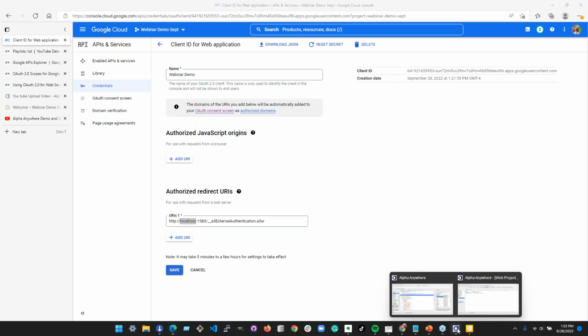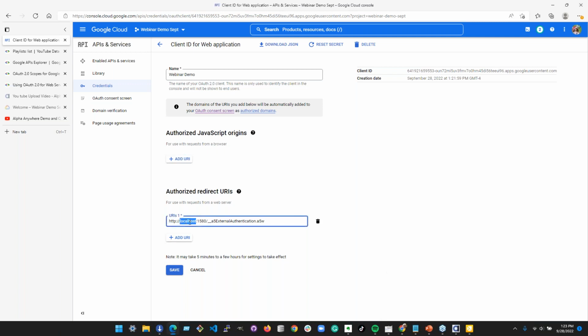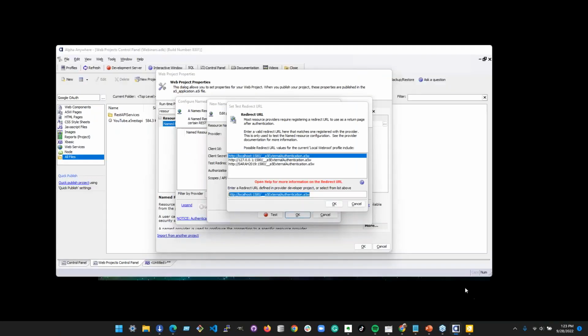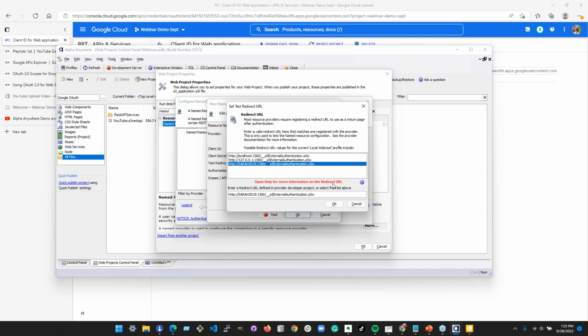Just as a point of interest, this says localhost. If you go back in here, there's one also that uses your machine name. We made a change in Alpha Anywhere, and I believe it was with live test, but it might also be with the way live preview works, where instead of saying localhost in the URL or putting an IP address in the URL when you open it up in a browser, we started using your machine name by default. So keep that in mind when you're doing stuff.